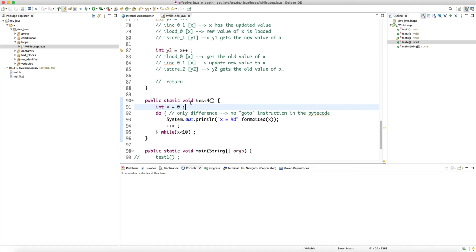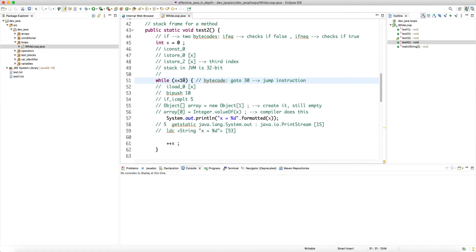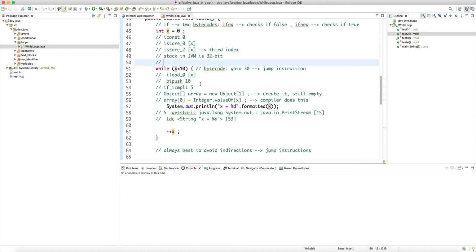With the while, the idea is that you only have a condition. Obviously this condition may have a counter in it, right? That's why we have it here, but you have to explicitly define the counter outside the while. So you cannot say int x and then x less than 10, right? You cannot confine the counter of your loop as a local variable. You cannot confine it to the scope of your body, and most of the time that's what we want, because